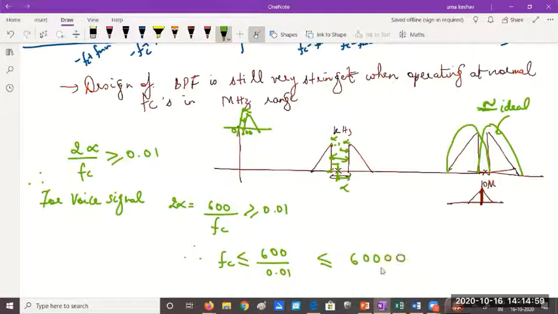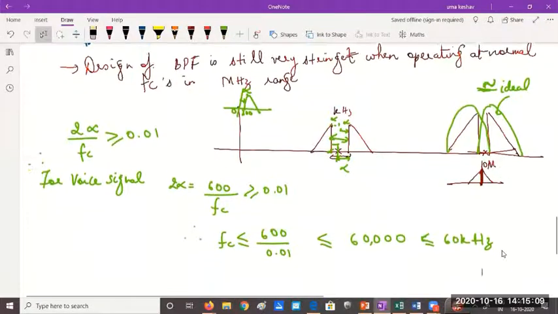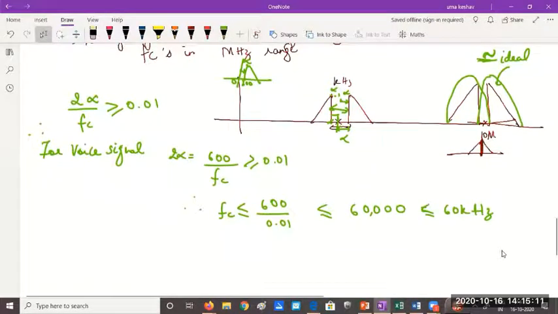600 followed by 2 more zeros. 60K? That will be 60 kilo. So 60 kilohertz. Your carrier frequency, which you can use only if it is somewhere around less than or equal to 60K, then